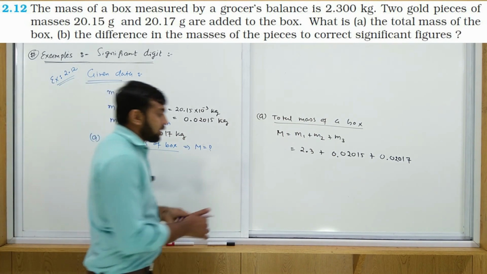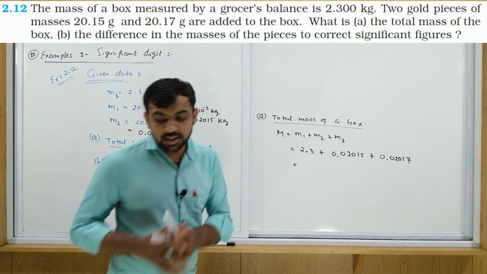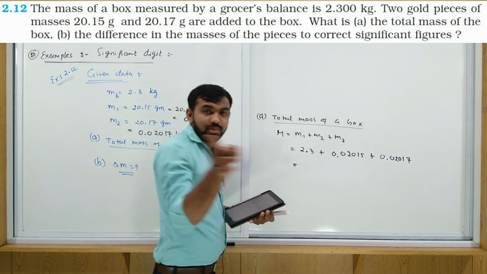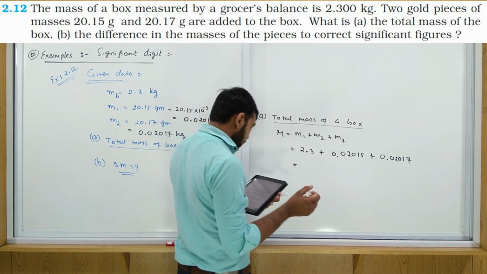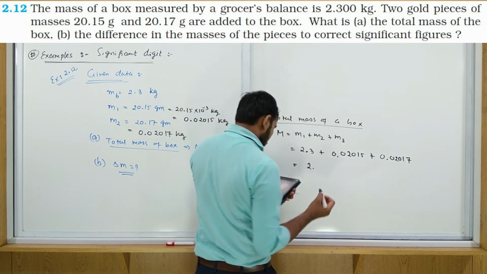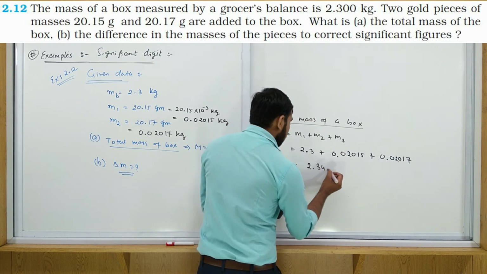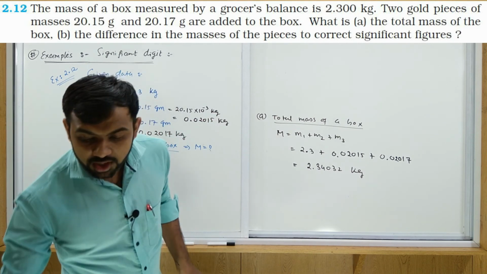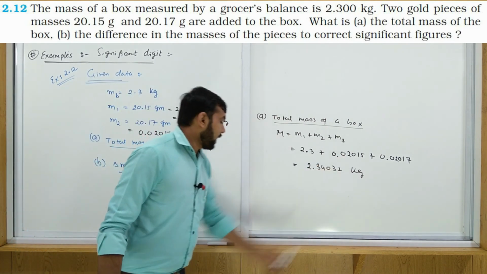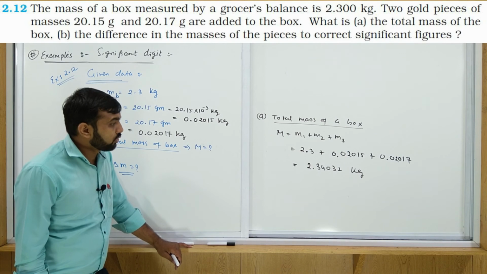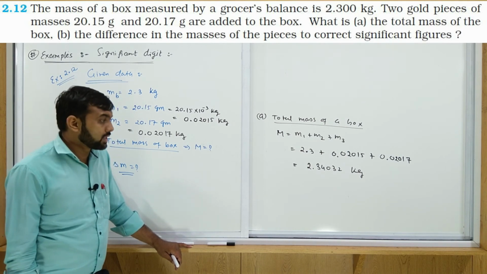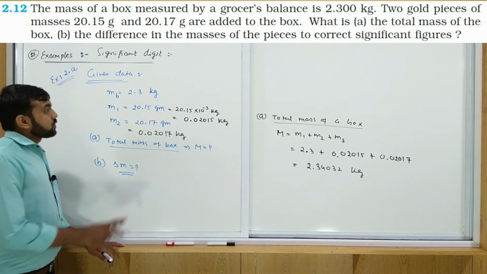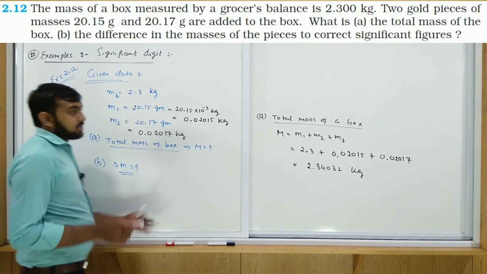So in the final result, whatever you get here, see what your final result is. First you calculate by yourself, then see the answer. If you calculate, you get 2.34032 kg. But up to what digit must you round off this number? So which one is minimum, here in a summation?